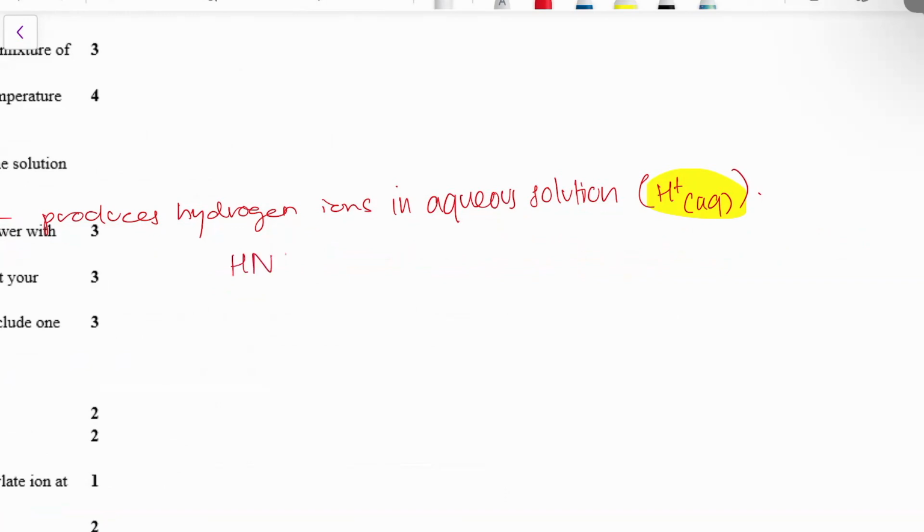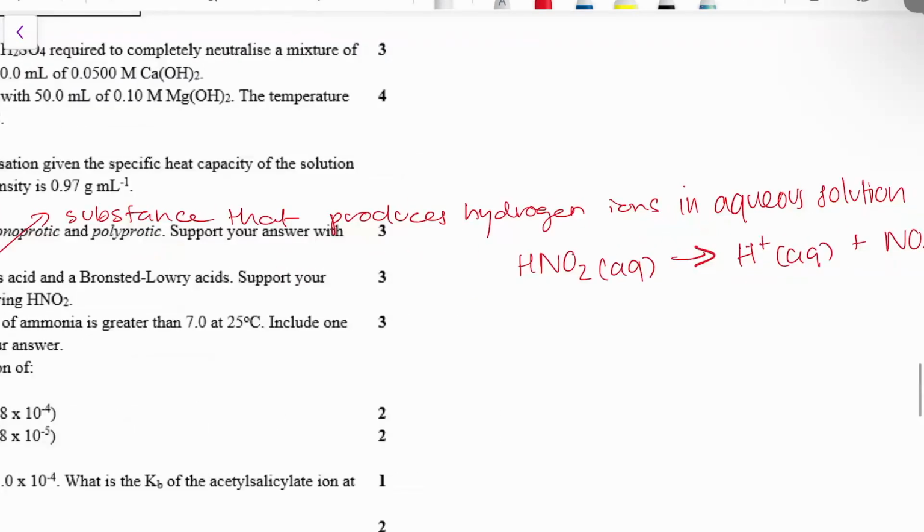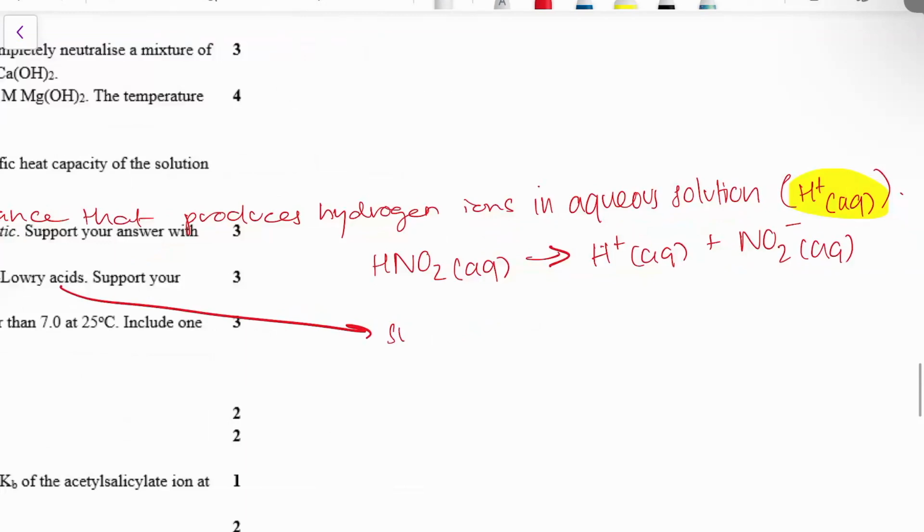So HNO2, it's in aqueous solution, so it has to be aq. And then with Arrhenius acids and bases, you don't talk about the degree to which it produces hydrogen ions. It's just, does it produce hydrogen ions at all? So we use a single arrow for anything that's an Arrhenius acid or base. And then if it produces the H plus, then the other thing that gets made is NO2 minus. Okay, and then your Bronsted-Lowry acid is a substance that